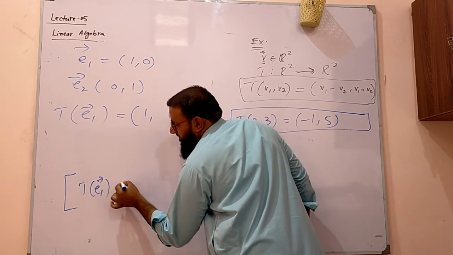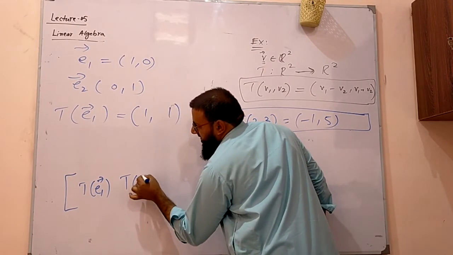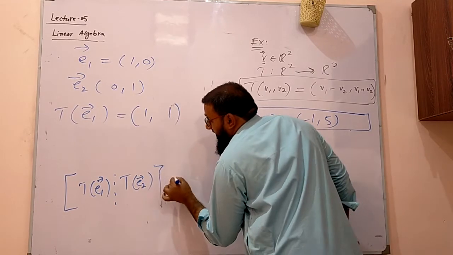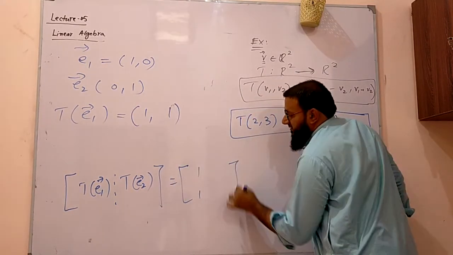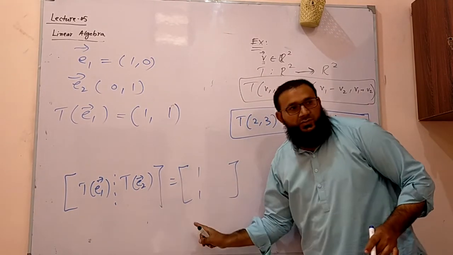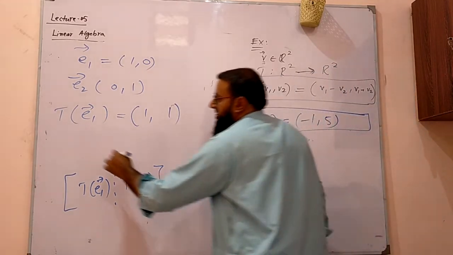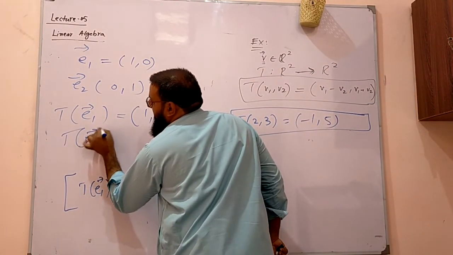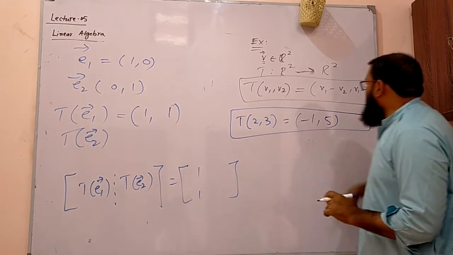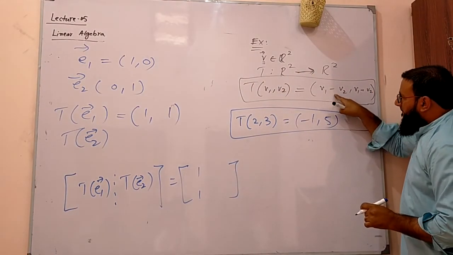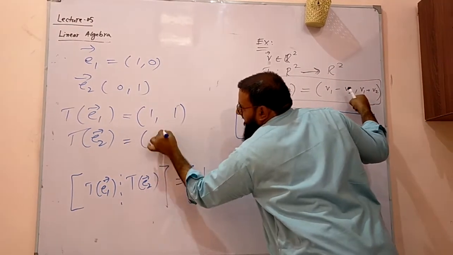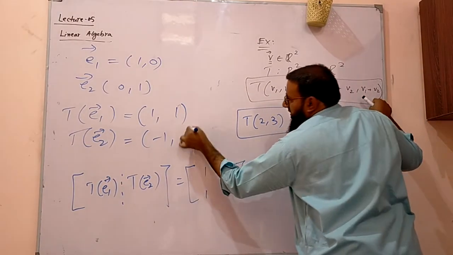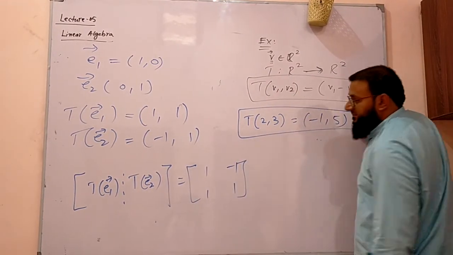T of e1, T of e2 in column form. What is T of e1? 1, 1. Now find T of e2. What is e2? 0, 1. Put it here: 0 minus 1 and 1. Put it in column: minus 1, 1. So this